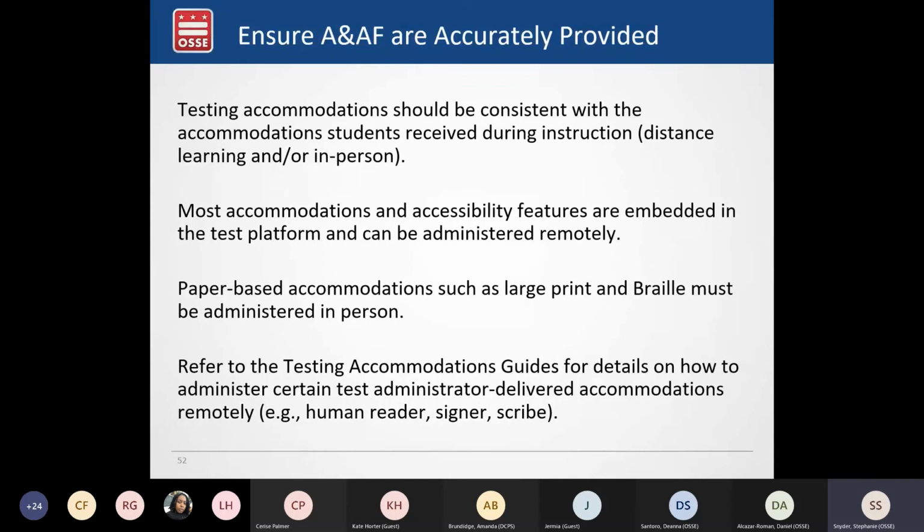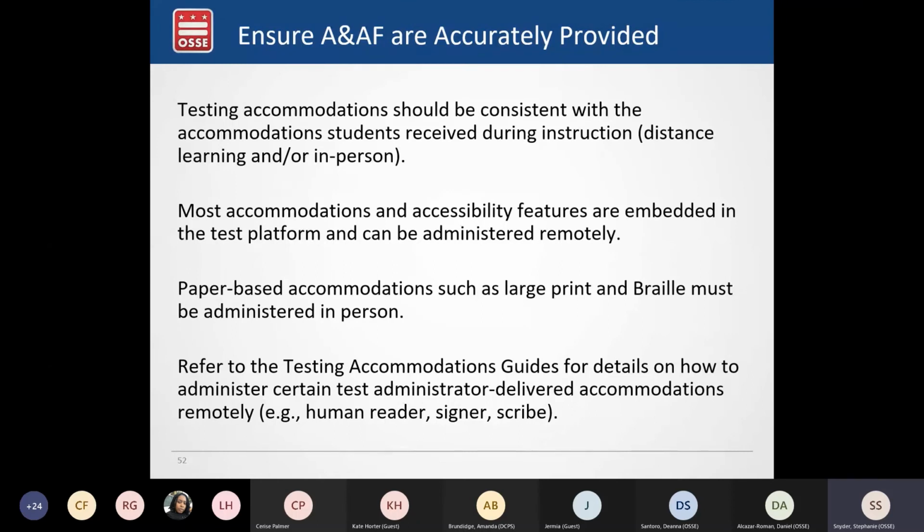There are a couple of considerations in the testing accommodations guides for those accommodations that may need to be delivered by a person, like human reader, human signer, human scribe. And a note that any accommodations that require paper-based materials like large print and braille do need to be administered in person.